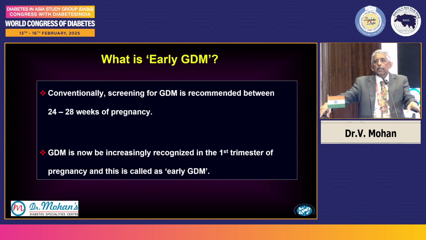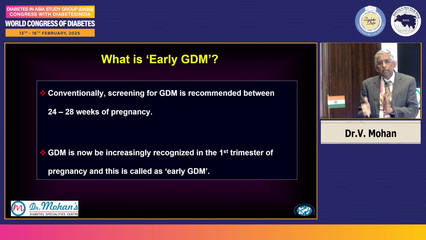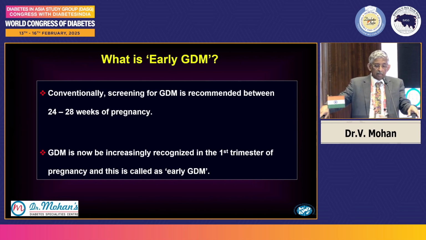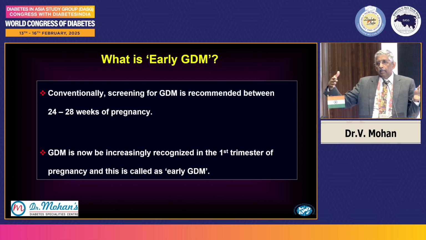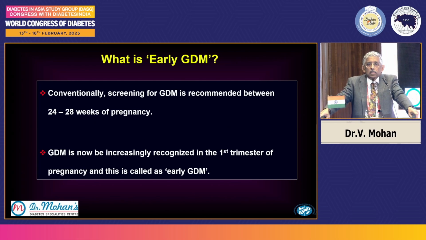So getting straight into the subject, what is early GDM and why is this term used? Gestational diabetes for many years was considered a type of diabetes which comes during pregnancy. The strict definition is first diagnosed during pregnancy. That could also include people who did not know that they had diabetes when they became pregnant. But strictly speaking, gestational diabetes comes due to the gestation, and therefore it was believed that the baby has to grow, and only in the second or the third trimester they develop diabetes. Therefore most of the international organizations today, including the Indian organizations, suggest screening for GDM between 24 to 28 weeks of